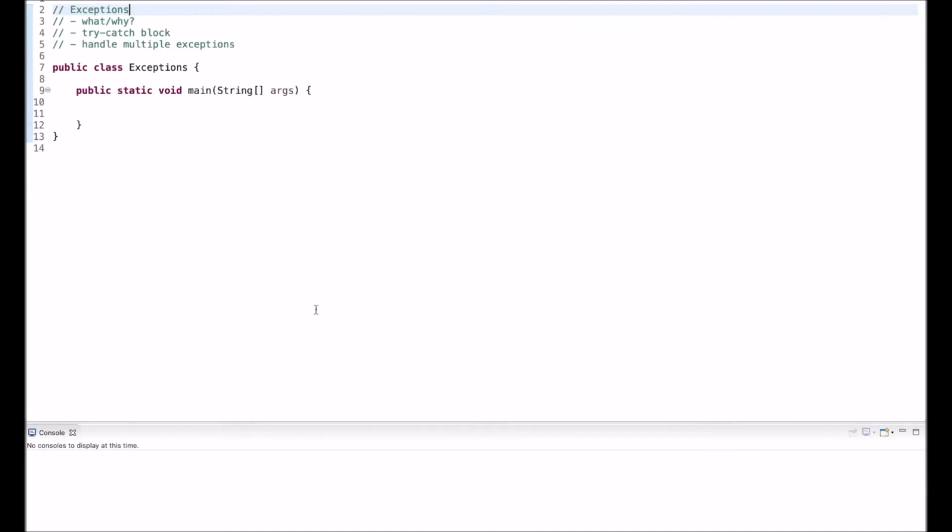Hi guys, in this video I go over exceptions. I explain what exceptions are and why they are useful. Then I'll demonstrate how we can handle exceptions with a try-catch block and how we can extend the try-catch block to handle multiple exceptions. I'll use a common example to read in two integers from the console and perform division